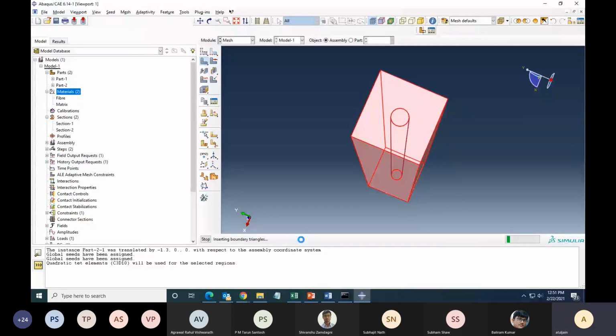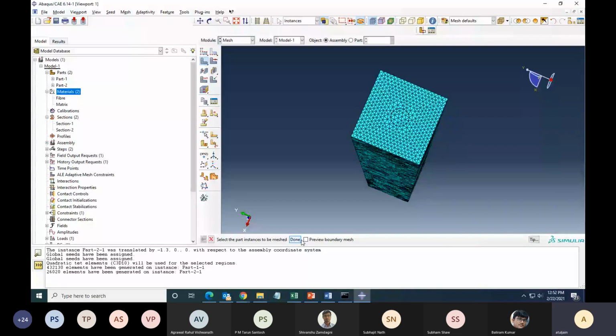Also, there are some specialized software for meshing. So you could use that software and you could export your mesh. Abaqus will give you only very basic features for meshing. If your part is complex or if you want better mesh, then you have to choose some other software. So my meshing has been done. It started from the outer surface and then meshed everywhere.